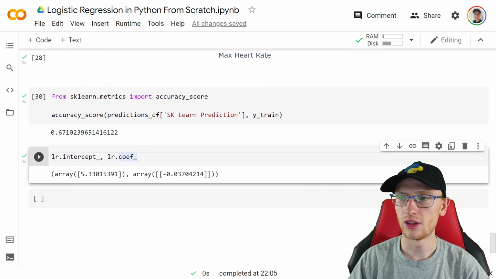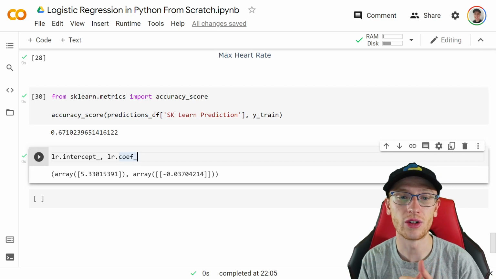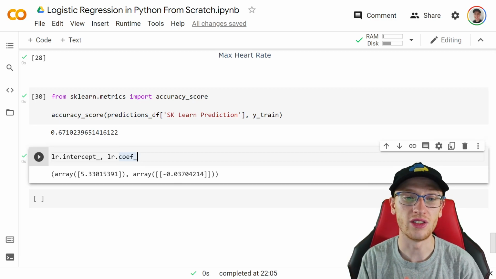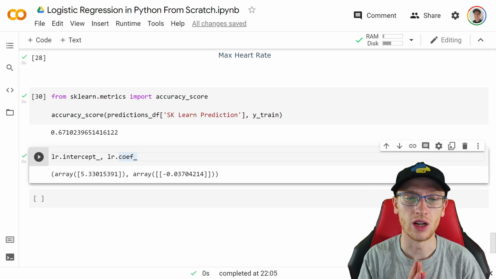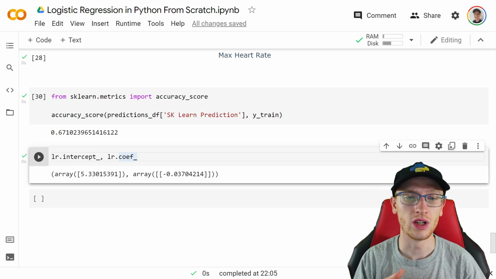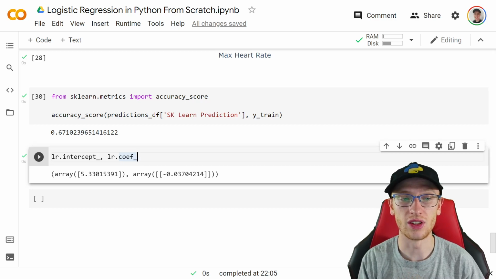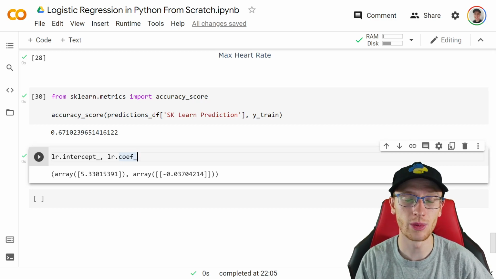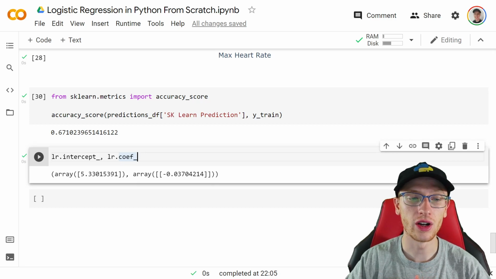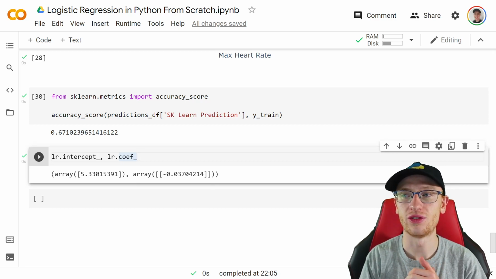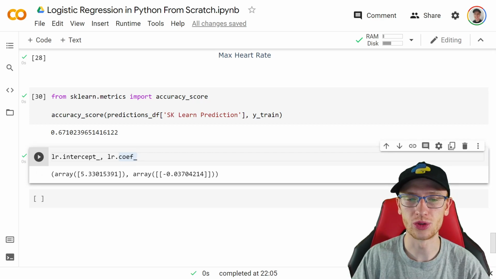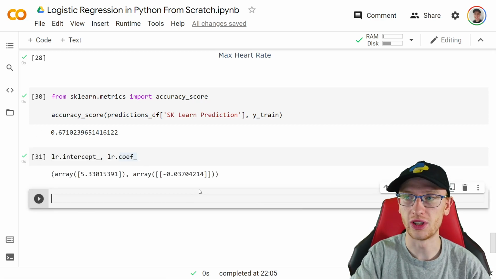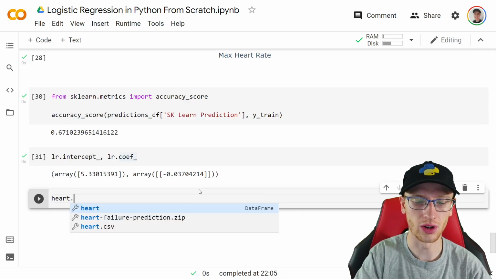Okay, so that's pretty much what we've got for implementing it in Scikit-Learn. This is how you would do this idea. We would still get more complicated than that. And if you want to stop here, please check out my video about making train, test and validation sets, because that would be very helpful as a next step. But to carry on with the idea of implementing from scratch, or actually just start with the idea of implementing from scratch, because that's not what we did first. We'll go back to heart